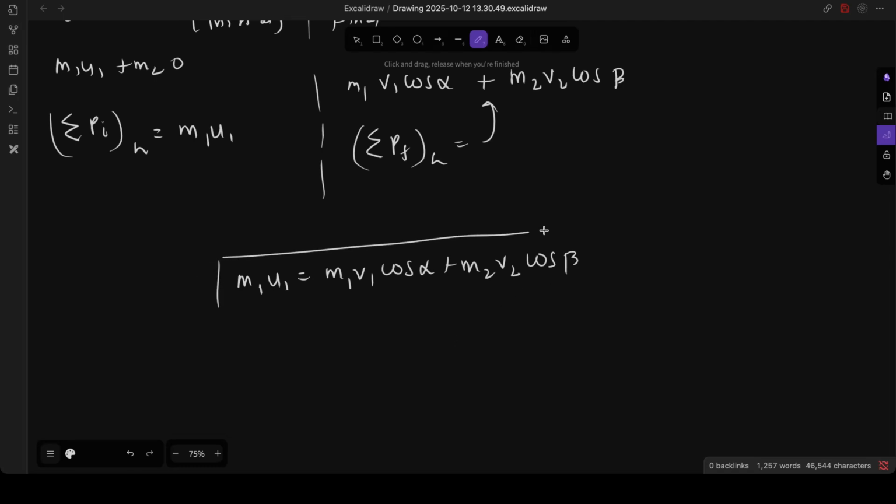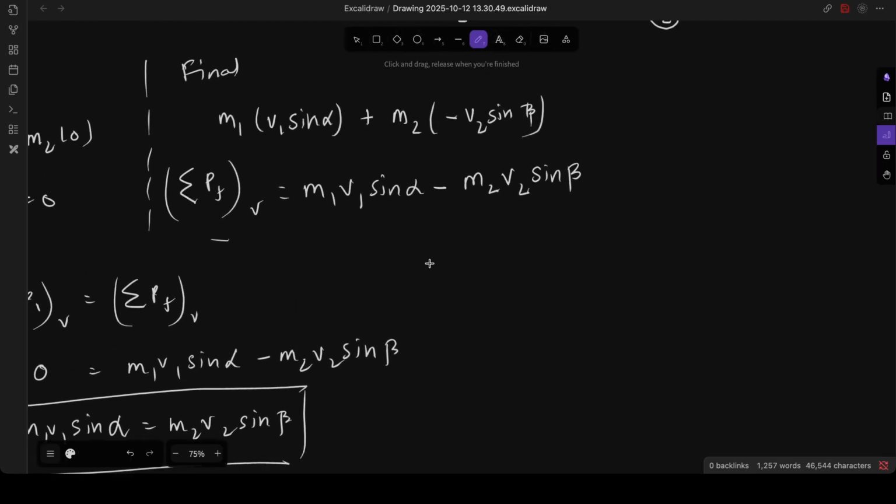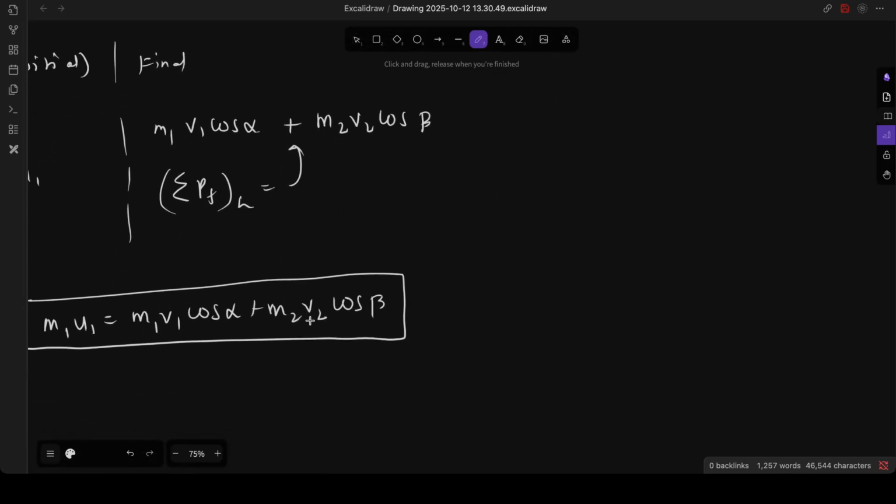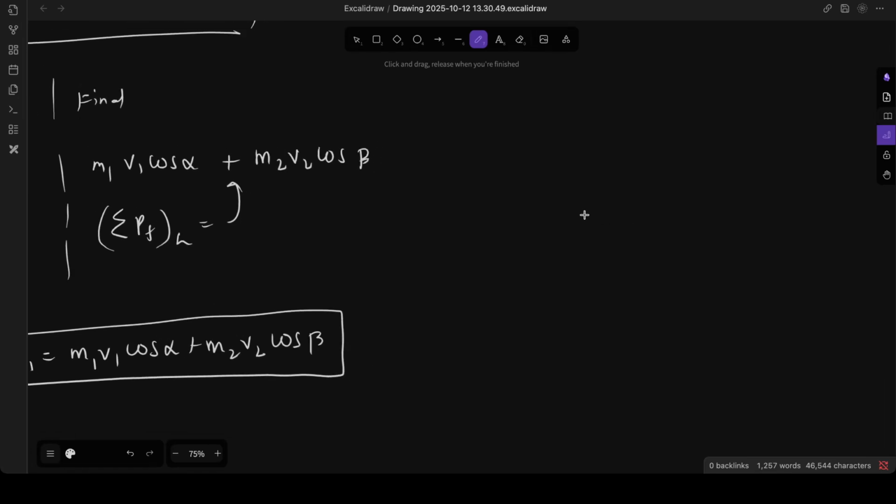Now the question arises, yes, we understood what to do and how to do it. In your exam, they can ask you, without giving the value of v2, what is the momentum of m2 in this direction. Or they can ask you, after giving everything, what is the value of beta. So remember this: here you can figure out what v1 and v2 are. The opposite of resolution, that means if you know the vertical and the horizontal components,